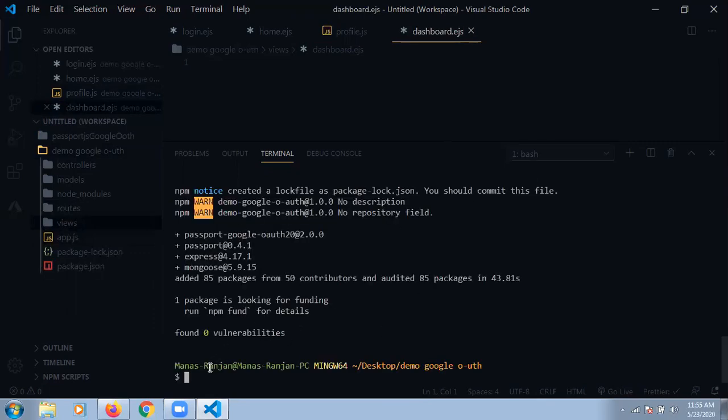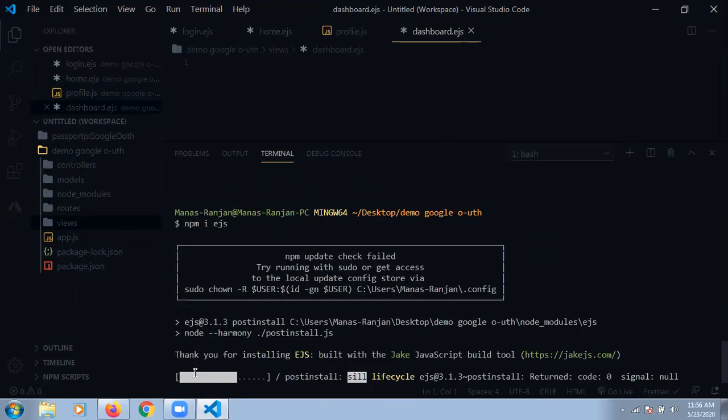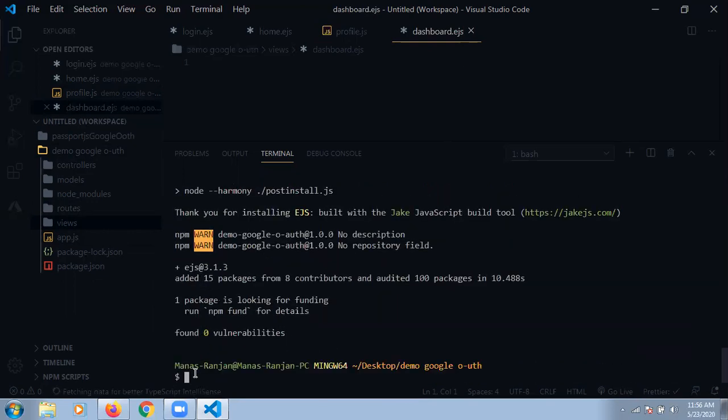Yeah, and one more package I forgot to install, EJS. npm i ejs. So my whole package has been installed in the dependencies.